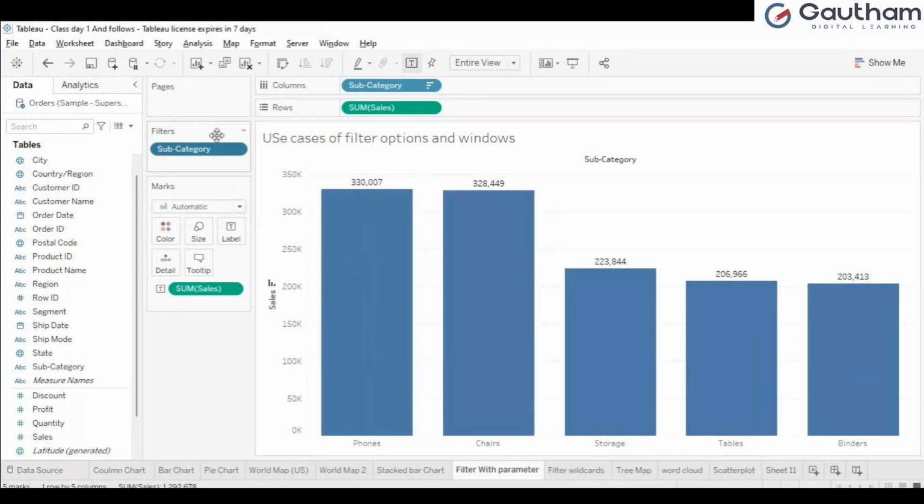If they ask you top 4, how many times will you go like this, going to the filter section, this drop down, the top option, the top window again, how many times will you change? That is a very long process, right? And companies don't require people following such a layman method. Obviously they need smart people who can do the work smartly and easily. So I'll not go all the time to the top window and change 4, 5, 3 and 2